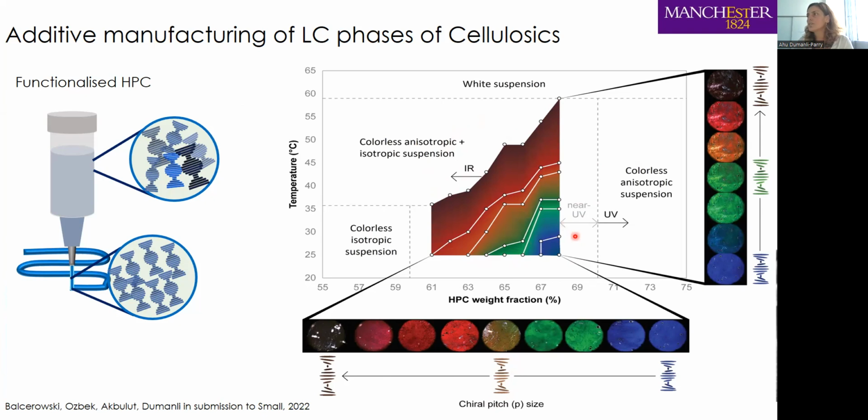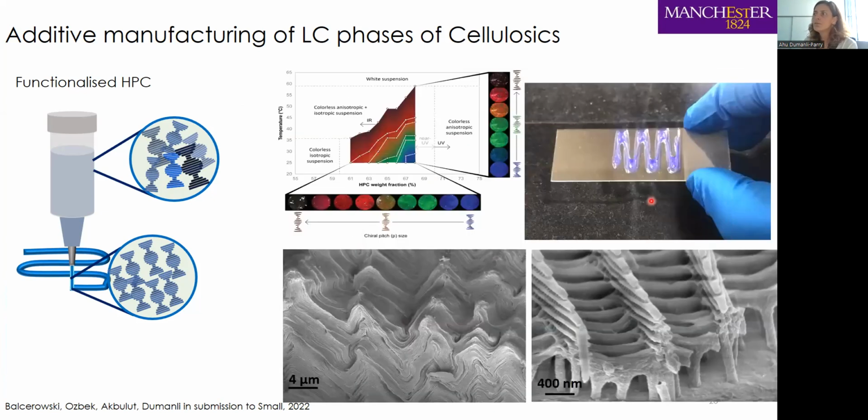Just hydroxypropyl cellulose itself. We've seen that there are so many IR and UV interactions taking place. We are showing this for the first time. And we are able to print these structures from liquid crystalline states. And there was a video here. I'm sorry, it is not working, but we see these regular arrays of wrinkles happening that are coming from the